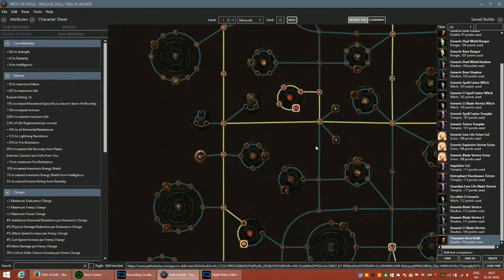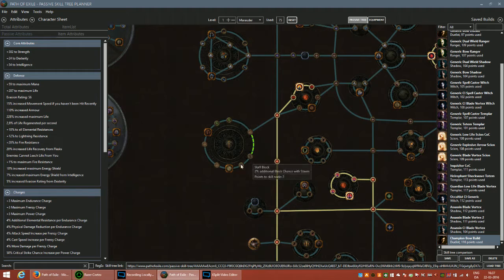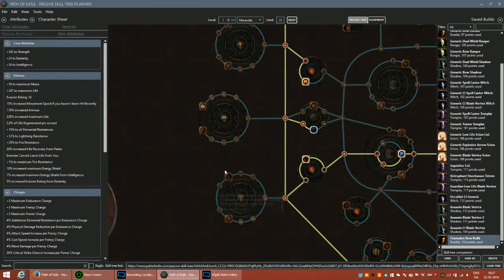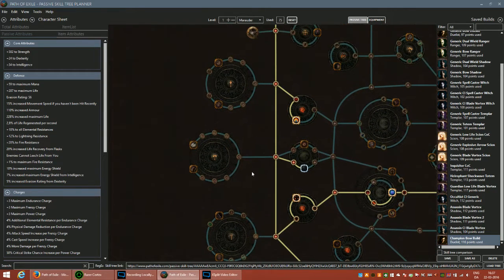I personally think that staves are pretty damn good, as well as swords, I think, are pretty good as well. Axes are pretty bad notoriously, except for two-handed. I'm talking about one-handed weapons right here. Two-handed axes are very nice. They're very cheap, and they're